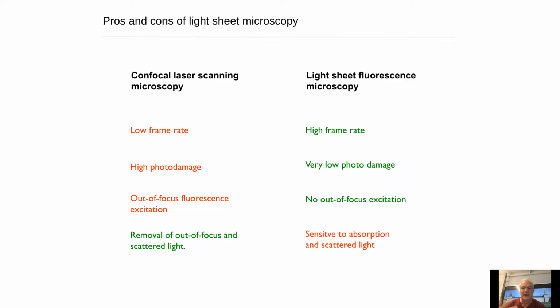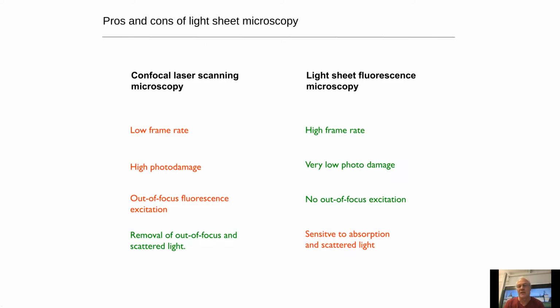It has a high photo damage because we illuminate for each image the complete sample. We produce a lot of out-of-focus fluorescence, but that is then finally removed by the pinhole that is normally used in confocal microscopy. On the other hand, light sheet fluorescence microscopy can be used with a very high frame rate